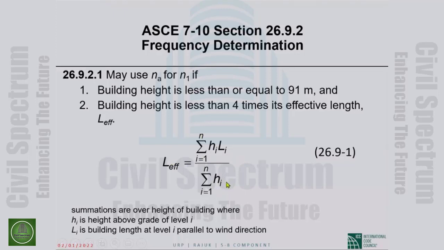So you are basically calculating an average plan dimension parallel to wind over the height of the building. I don't know why that complication was necessary. We could just say, building height to minimum plan dimension ratio, something like that. Anyhow, so